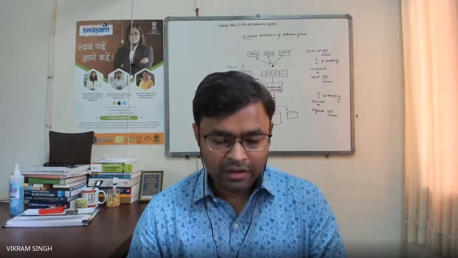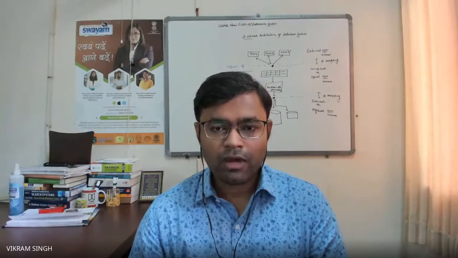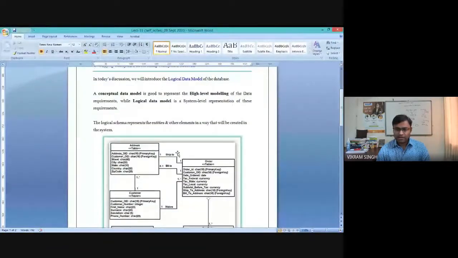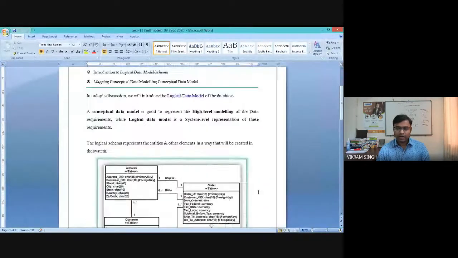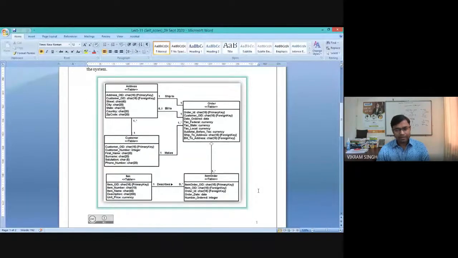So I think you must have seen the class diagram in many places. Class diagram, let me share a document. Yeah. So if you look carefully, this is one example of a class diagram, right?